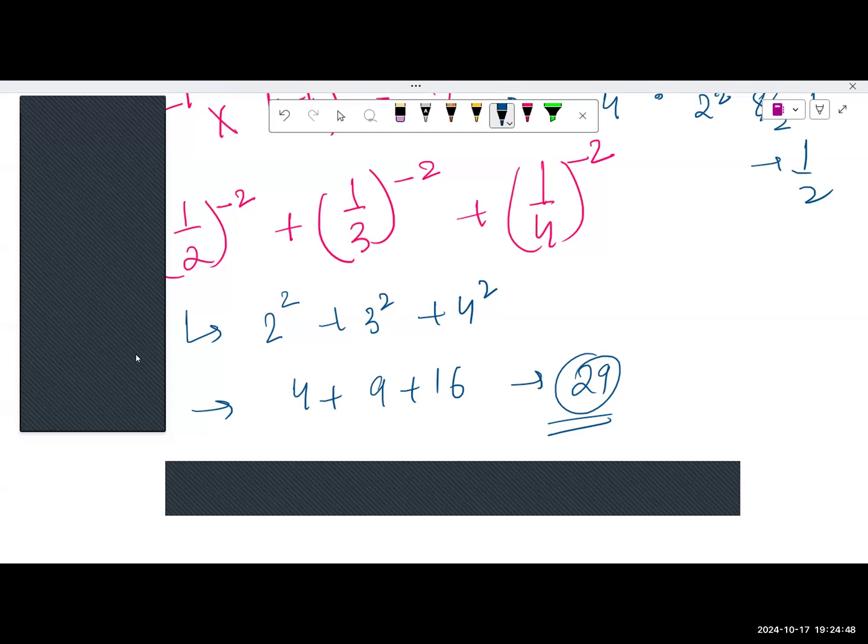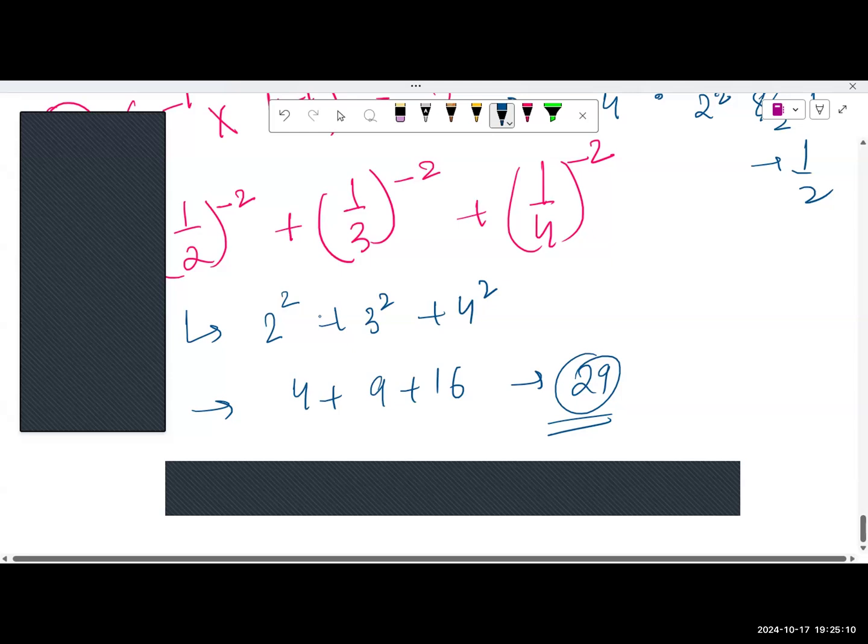Ma'am, a to the power m into b to the power m equals ab whole to the power m. Okay, good. So these are all the rules of exponents. Do you all have any doubts in today's class? No, ma'am. Now, in the next class,